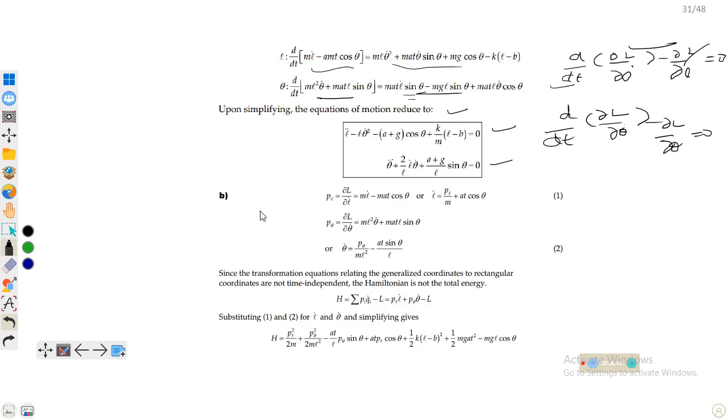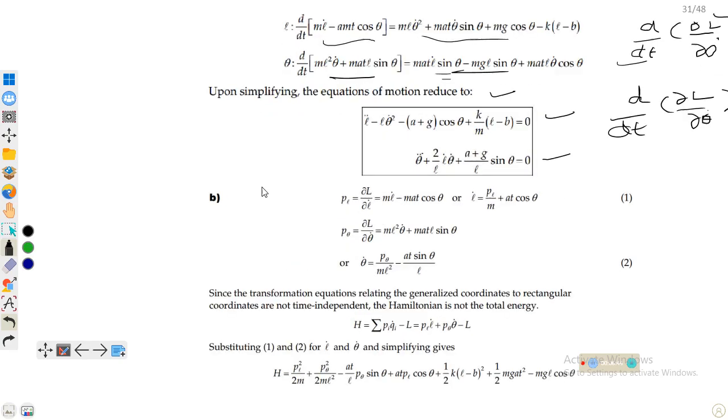Further, we have to find the Hamilton equation of motion. For this, we will need generalized momenta, the generalized momentum for PL and P theta, and then we will substitute into this equation. So PL will be equal to partial L over partial L dot, which is this, and from this equation we can find the value of this L dot. Similarly, P theta will be partial L over partial theta dot, and we can find the value of this theta dot